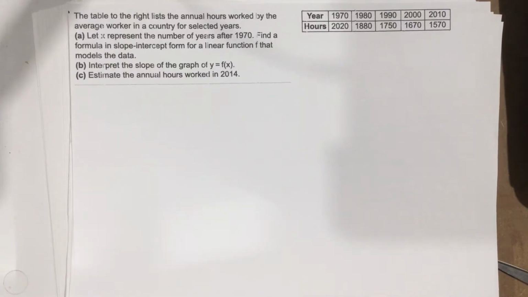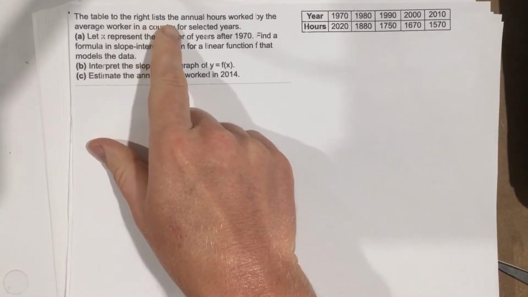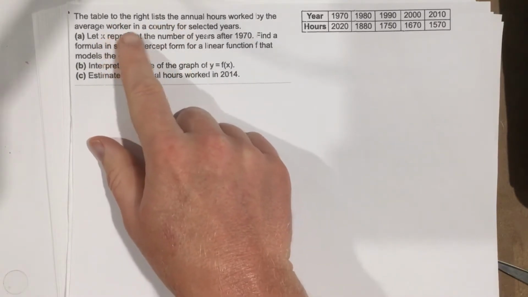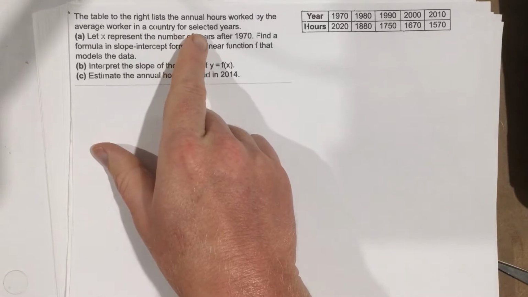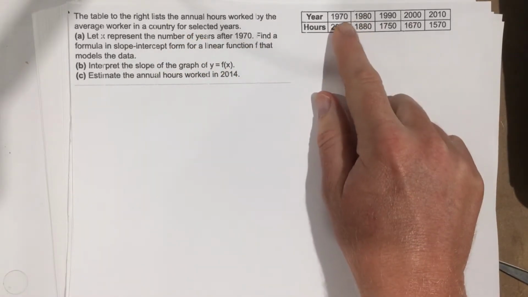This is problem number 8 from section 2.1. In this problem they say, the table to the right lists the annual hours worked by the average worker in a country for selected years. Now if you look at the right here, they start in 1970,